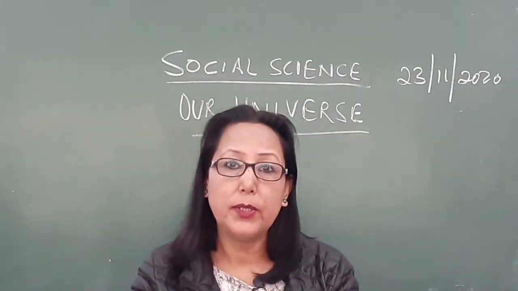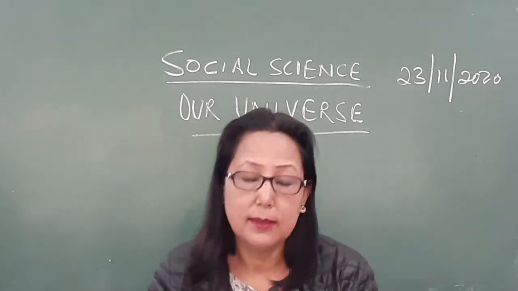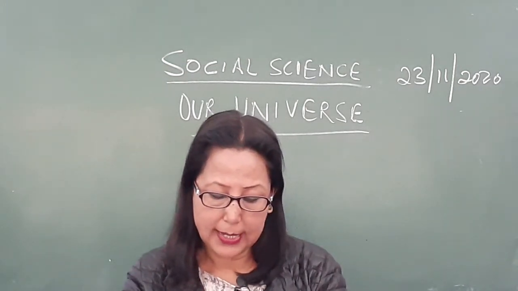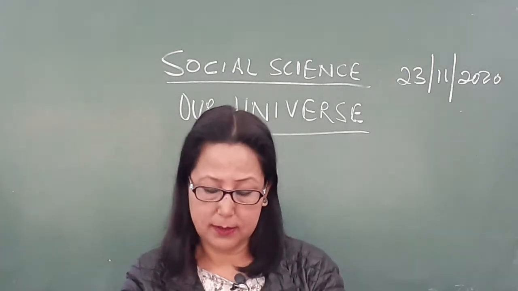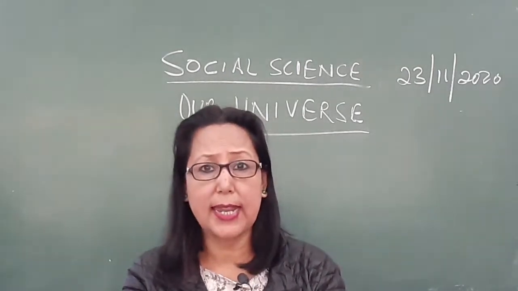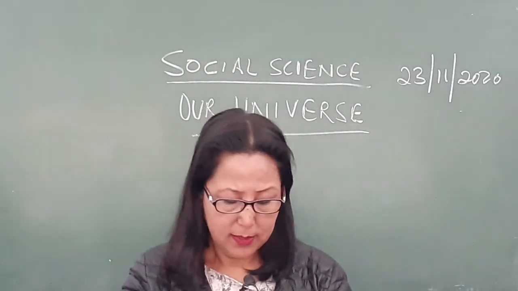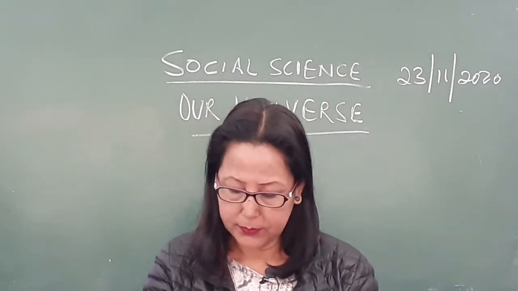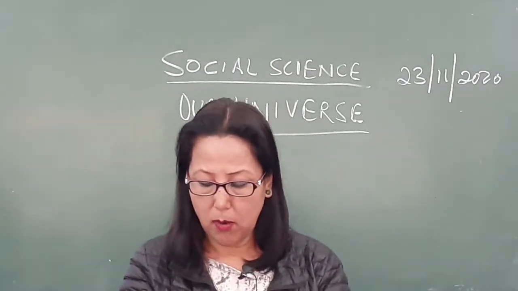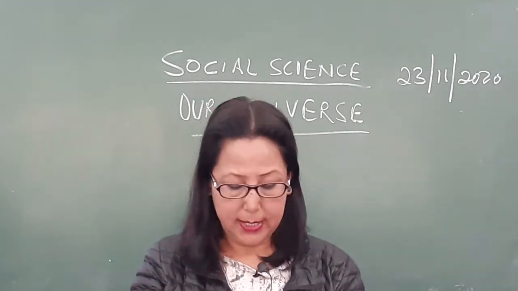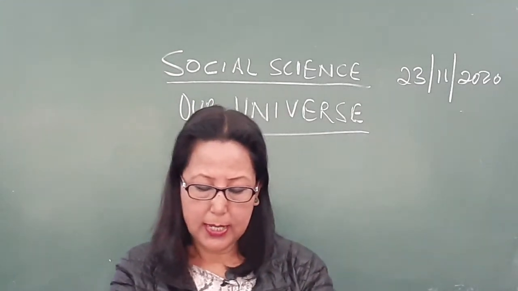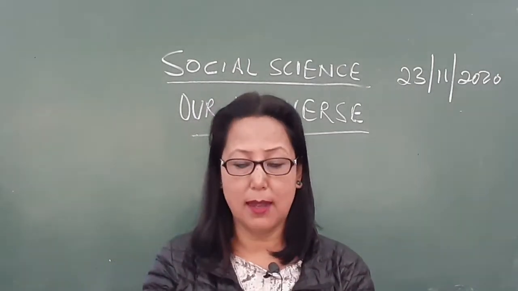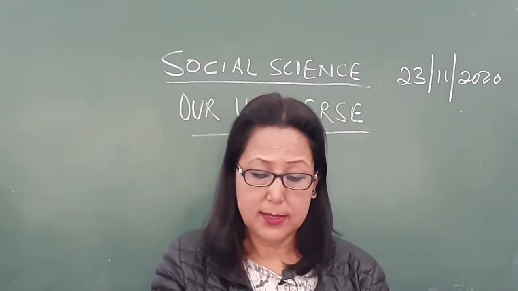Our universe, sun and stars. The tiny lights that twinkle at night are stars. They are balls of hot gases that have their own heat and light. Stars are of different sizes. They shine all the time. During the day, the light from the sun is so bright that we are unable to see the light of the stars.